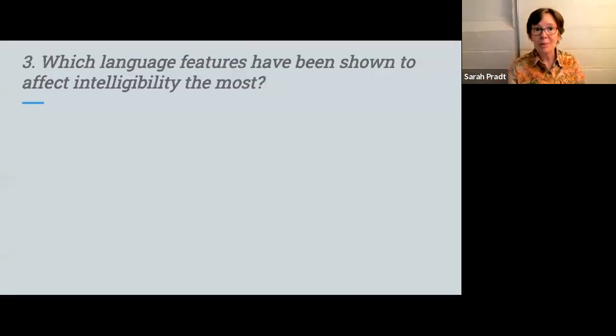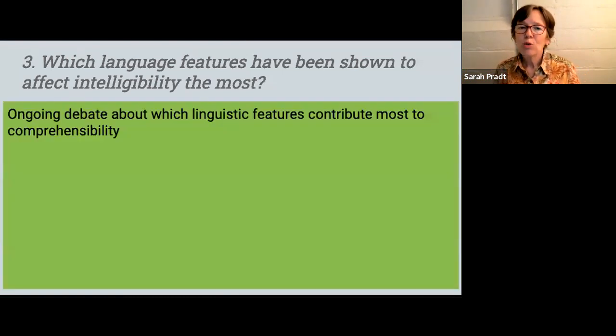Now, let's step back. I'm stepping out of the workshop. I'm stepping into my group of colleagues at the Summer Institute. And let's think about this from the perspective of our fields of ABE and applied linguistics and TESOL. You know that there's an ongoing debate in this field about these linguistic features. Which ones are the most important for comprehensibility, that broad subjective understanding of does the message get through? And it is so interesting to read dozens of papers and to see how they don't agree, and to read about,